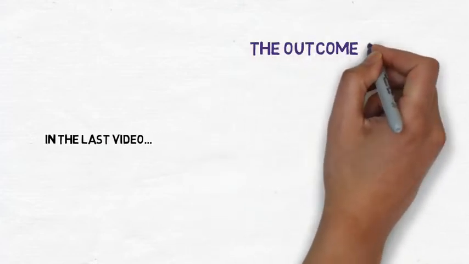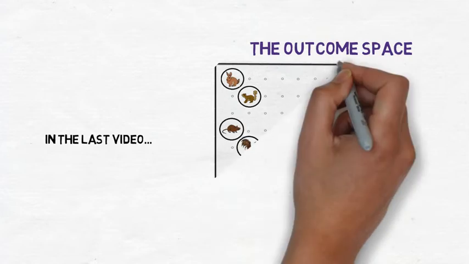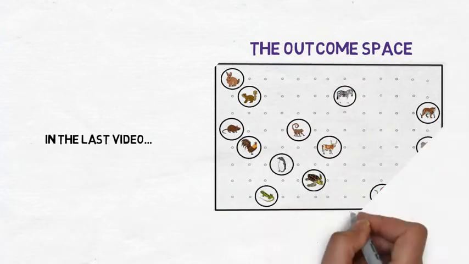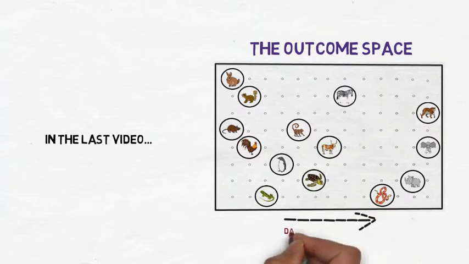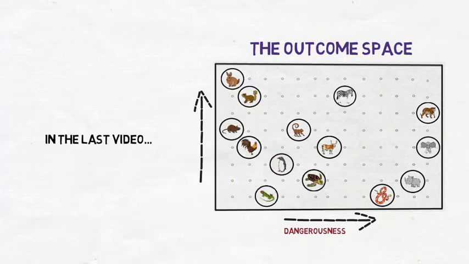In that earlier video, I went over the concept of an outcome space, and in the present video, I'll be using the same example as I used back then. So a lot of what I'm going to say isn't going to make much sense if you haven't watched the first video. Now you'll recall that, according to the example that I used then, you are to imagine that